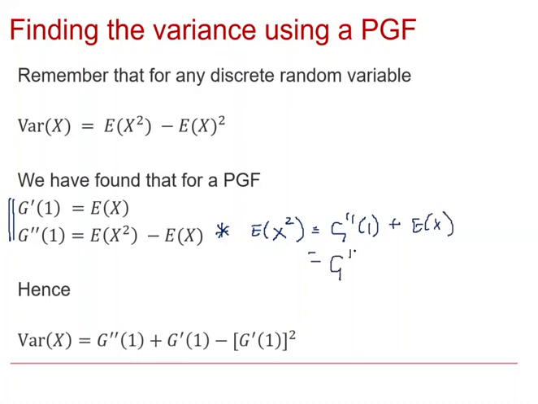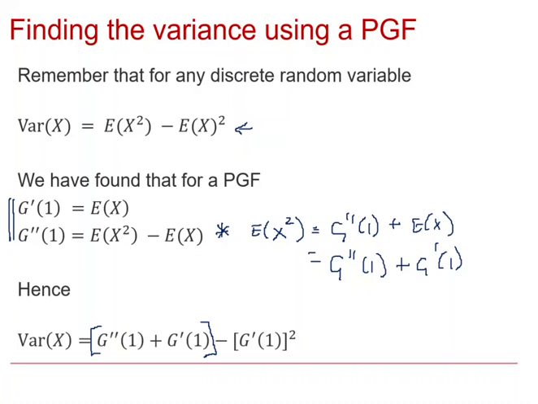And from this second expression here, we can obtain the result that E(X squared) can be written as the second derivative of the generating function with t equals 1 plus the expected value of x, and that of course can be written in this form because we know that E(X) is G'(1). And so using what we know about the variance for a discrete random variable, we can simply substitute in E(X squared) minus the mean squared, and that's our expression for the variance of a discrete random variable x evaluated using